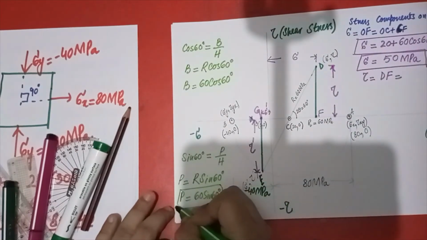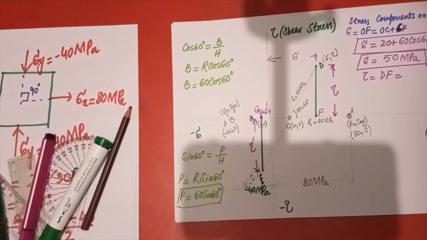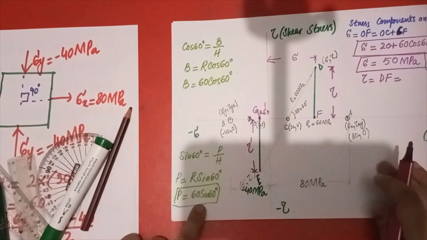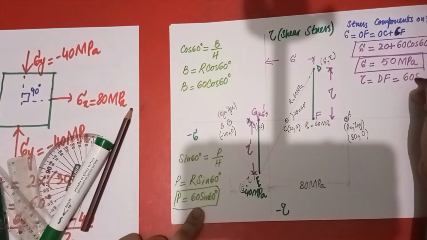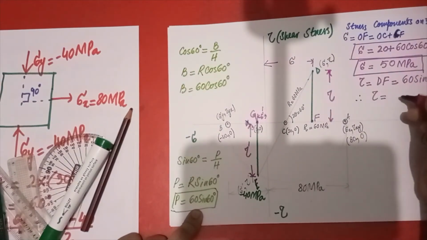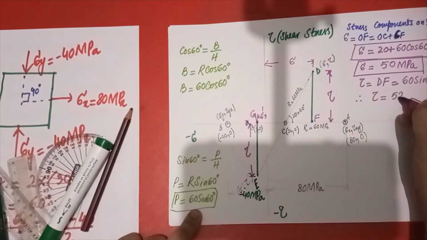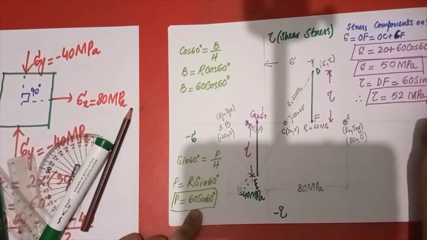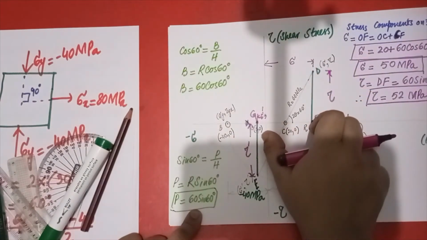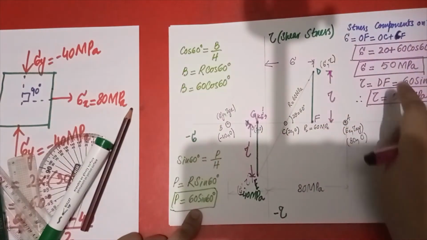So this is the perpendicular distance. So what I have to write over here is 60 sine 60 degree. Therefore tau is coming out to be 52 MPa. So it must be 5.2 centimeter over here, this distance. And this distance should be 5 centimeter. I have already told you that is the OF, and I put it out.